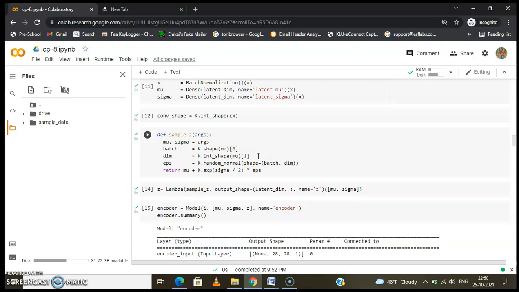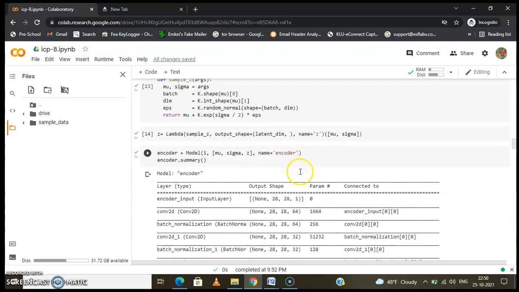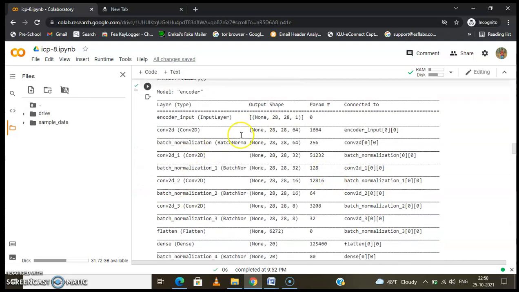This is our encoder shape, or encoder summary of the model, and how it's working. See, after 28 the size of the shape is changing from 14 to 7. So this is our encoder.